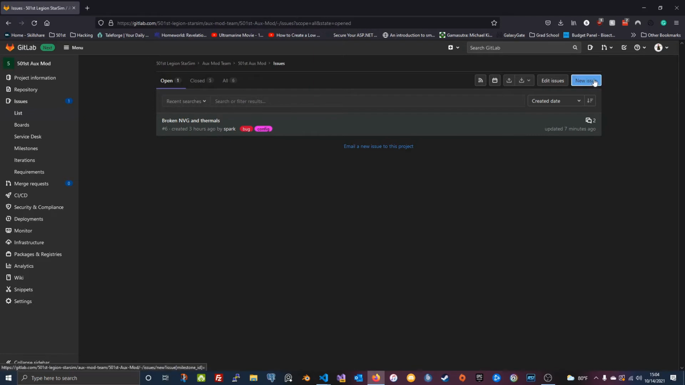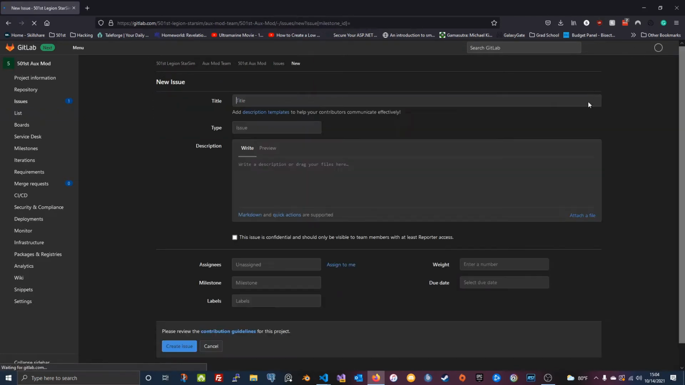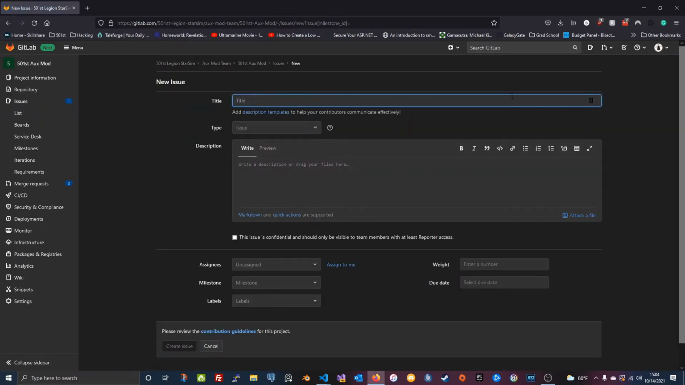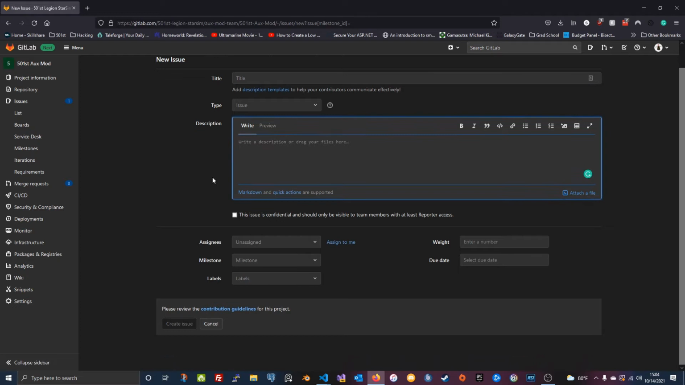You can create a new issue by going to the top right, clicking the blue button, and starting a new issue. Give it a title, which should be short and descriptive of what the problem is, like the previous issue that was listed, night vision goggles don't work. The description should be a longer description of what's wrong, preferably with images attached to show examples of the issue